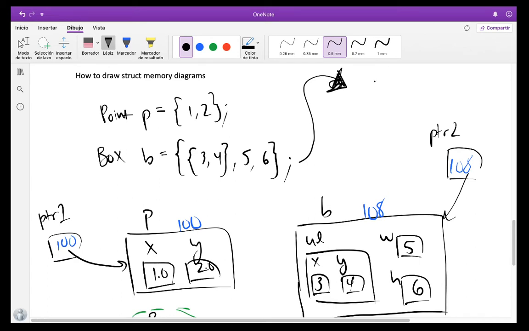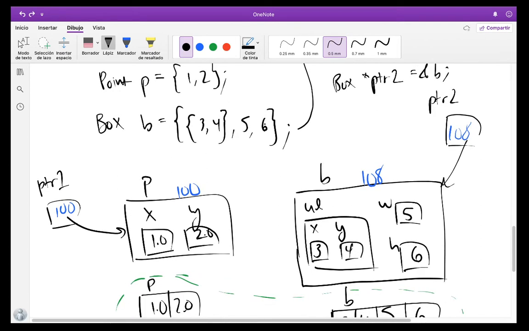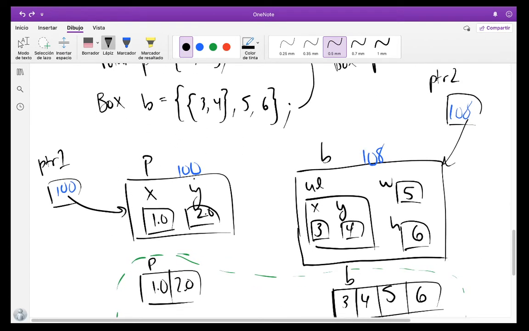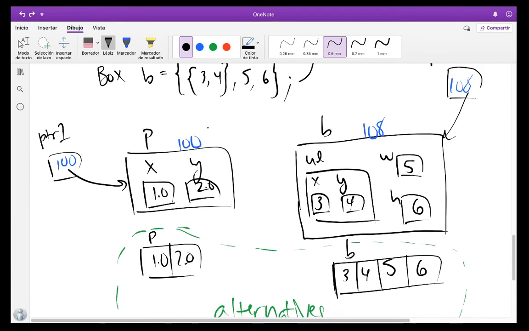That's an error. You'd have to say something like Point star PTR1 equals address of P, Box star PTR2 equals address of B. All right, so that would set that up. Just remember that the types are very important there. So in your diagram, you're going to have pointers and things that they're pointing to,